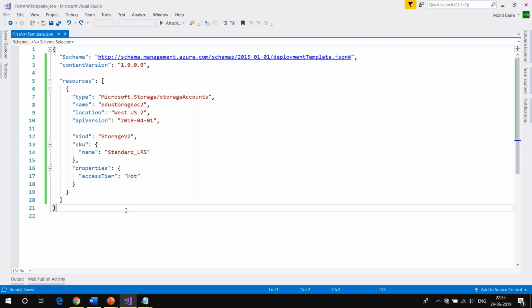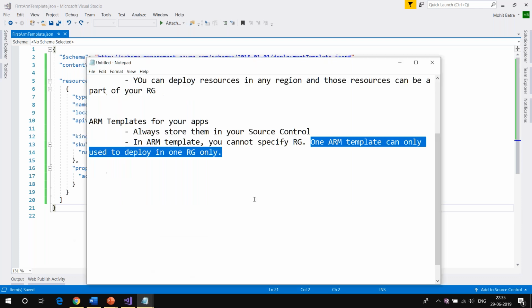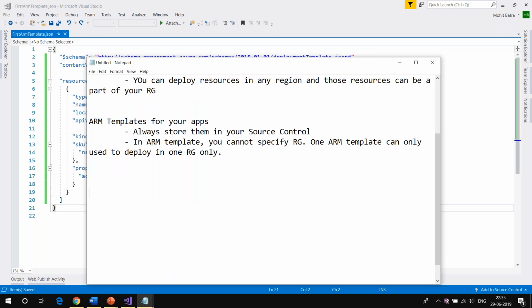Okay, now to do the deployment, I can do it via multiple ways. Let me write it down for you. Deployment of ARM templates. How can I do that? I can take this ARM template which I have created manually, and I can do the deployment right from the portal. Or I can use, let's say, PowerShell, or Azure CLI, or Visual Studio.